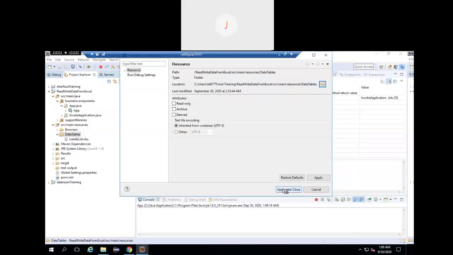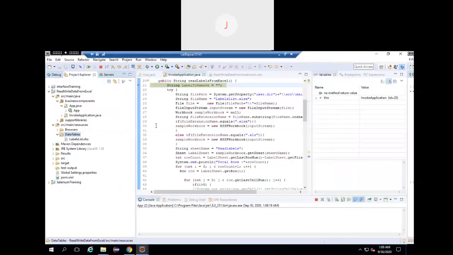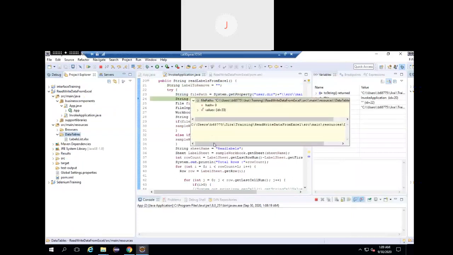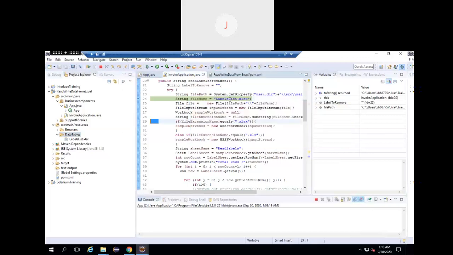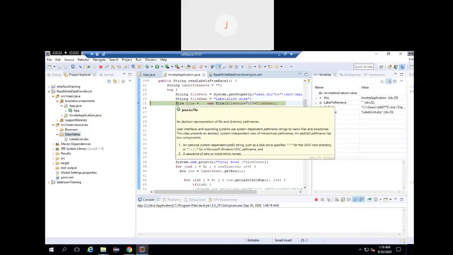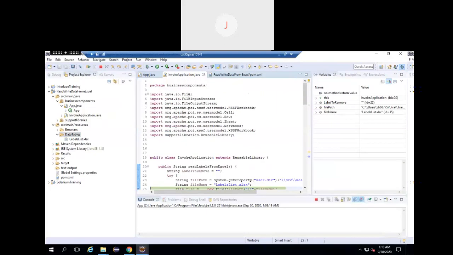So the file path shows where I've kept the file under data tables, and the file name is labels.xls. After this, a file. These file classes come under the IO group actually. Here I have imported java.io.File, FileInputStream and so on. So this happens with the help of IO and POI.